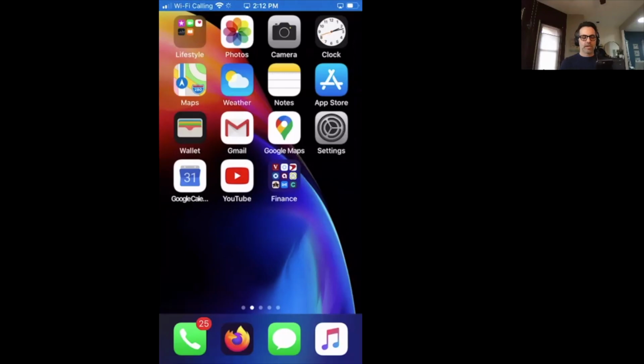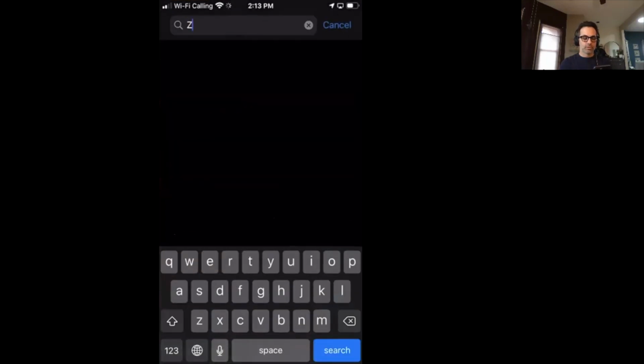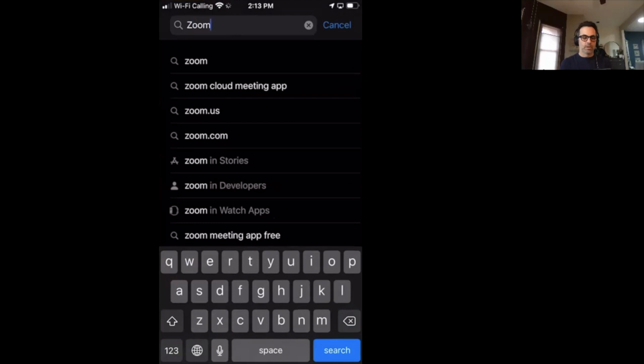If you're going to take Fame classes online with your smartphone or your tablet, like an iPad, or if you're going to be taking them with a Google phone or Pixel, you'll go to the App Store if you're on an Apple device, or you'll go to the Play Store if you're on a Google or Android device. So I have an iPhone, so I'm going to pick App Store. And I'm going to type in the search, Zoom. And then you'll see the second one down, Zoom Cloud Meeting App. That's what you want, so click that.